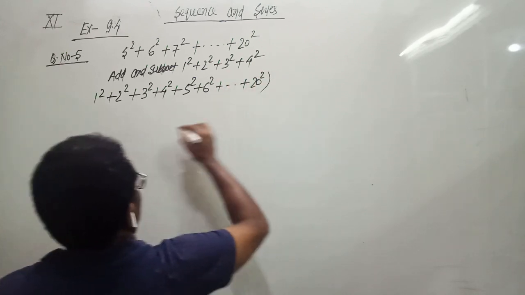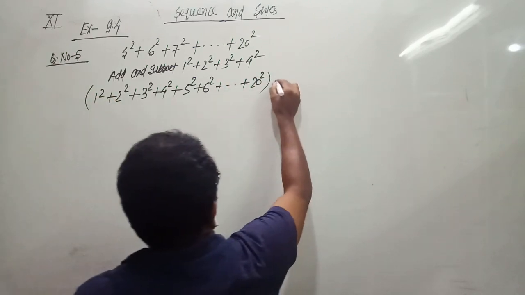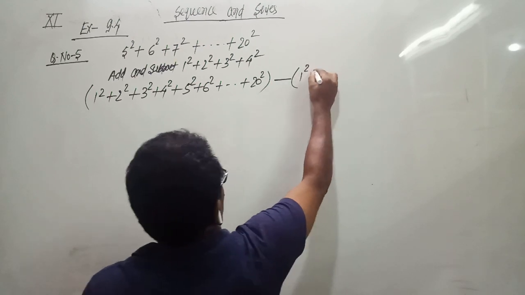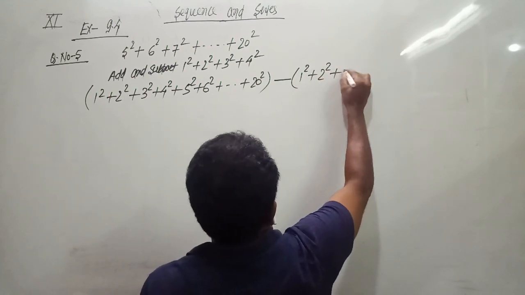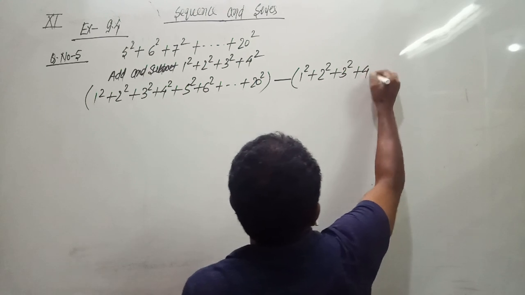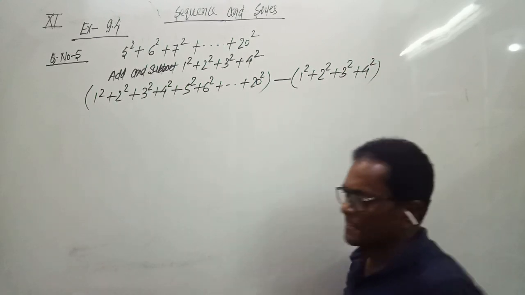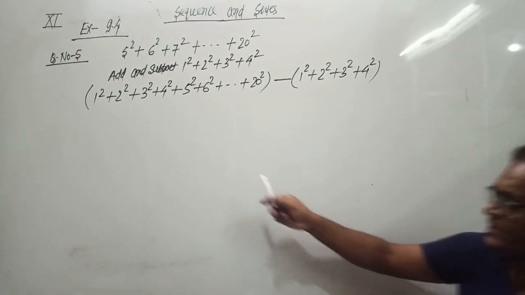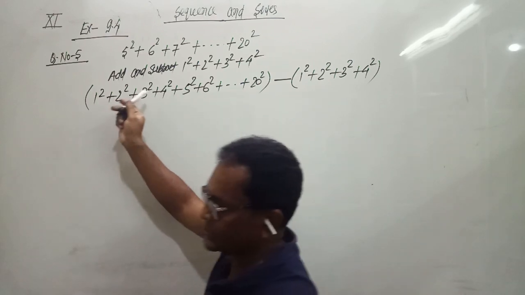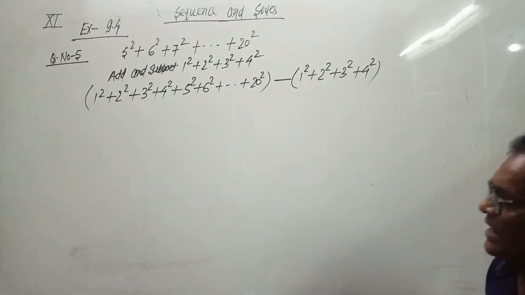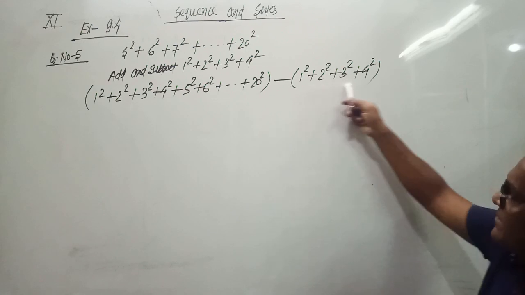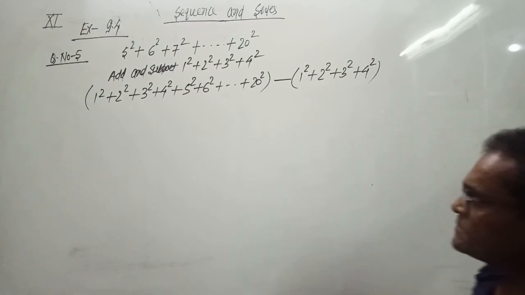Then we subtract 1 square plus 2 square plus 3 square plus 4 square. We add these 4 terms and the same terms we subtracted. Now there are total 20 terms,